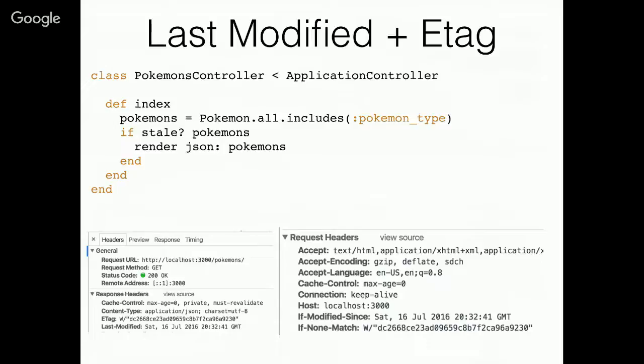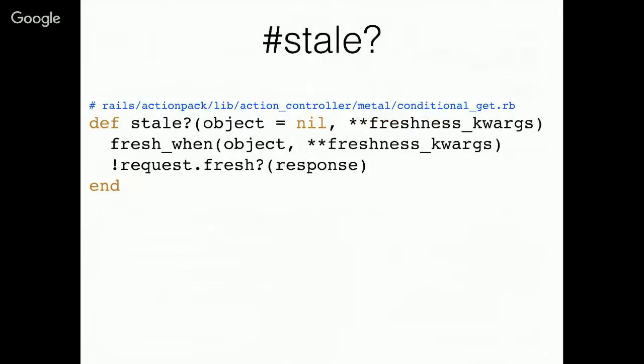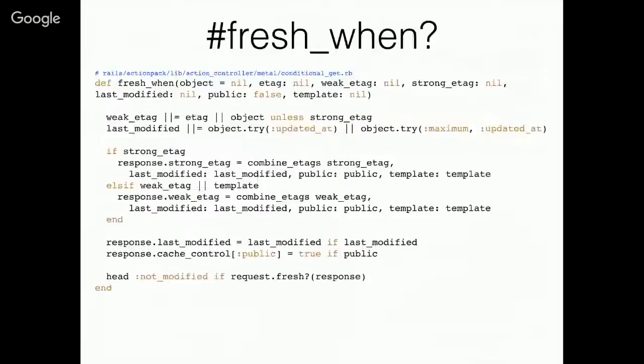We can look a little bit under the hood at how it works. This is the stale method that we're calling. It's doing two things. It's calling this fresh_when method that we'll look at, and request.fresh?, and it's returning the inverse of that response. So that's how we get the Boolean response. So let's look at fresh_when. There's a lot of stuff going on here. It's hard to read. The formatting's bad, but